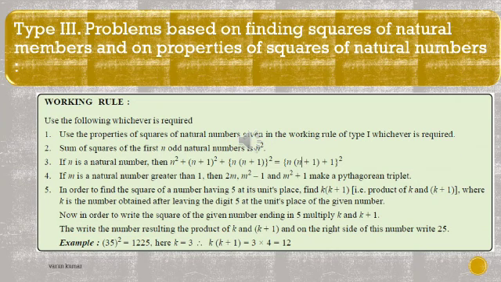See the example. Suppose that we have to find the square of 35. In 35, we take 3 as k. When we take 3 as k, we have to multiply k into k plus 1. Thus, we multiply 3 into 4, which equals 12. And now multiply 5 into 5, which equals 25. So our answer is 1225, the answer of 35 square.